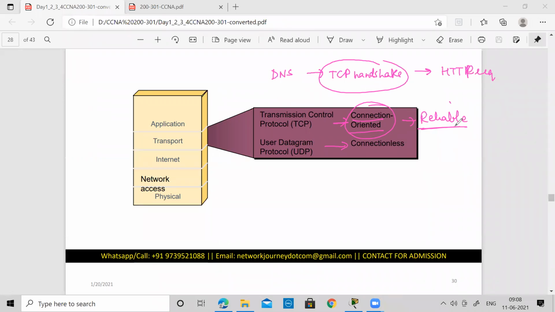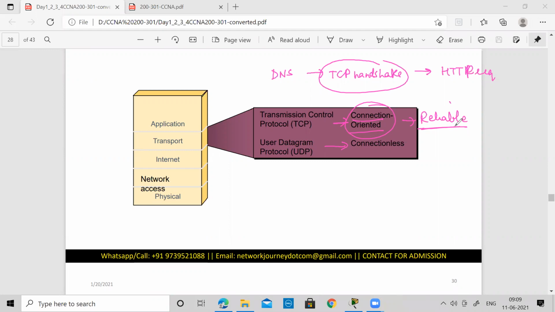You may also ask for a retransmission if there is some loss of information. So whenever you want a service in which all the data packets the sender is sending should be received at the receiver intact, everything properly, then you will go for a TCP service. You will check out that service because you want to ensure that everything you are sending is received correctly at the receiver side. So you want a reliable service.